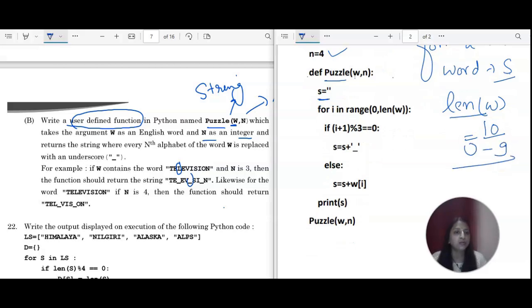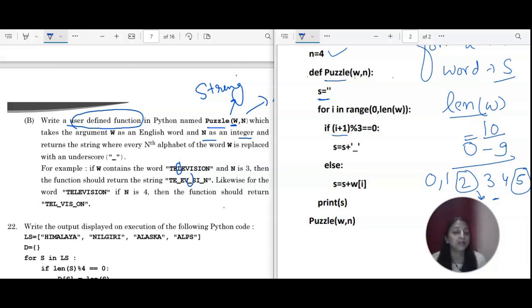So how it is going to work, please check it. See, we are extracting from 0 only. So 0, 1 and 2. 2 we have to replace with underscore, right? The character at the second index. Then 3, 4 and then the 5th will be replaced. But 2 and 5 are the odd values only. So what I did, I am just finding the multiple of 3. But as we have started from 0, I increase the value of this i by 1.